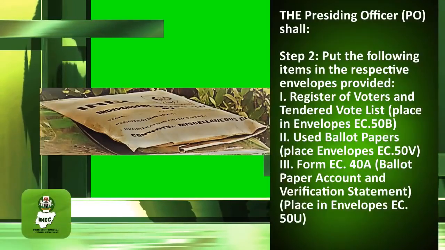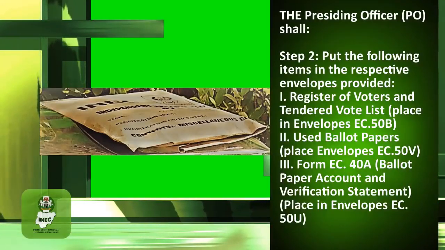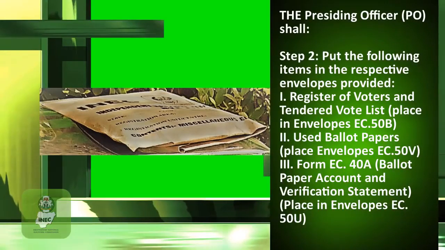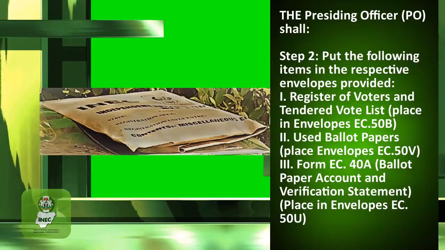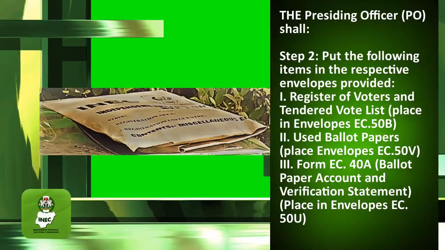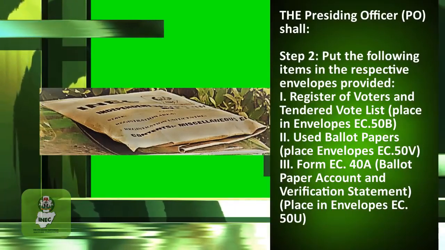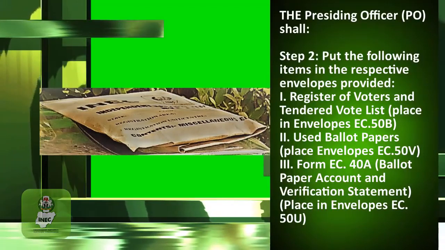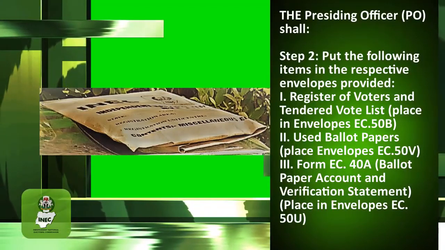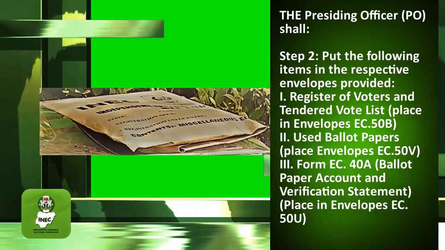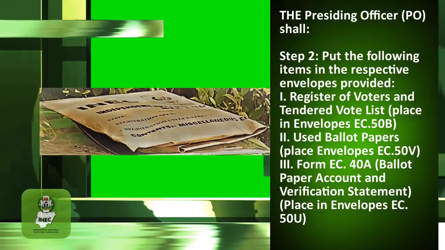Step 2, put the following items in the respective envelopes provided. 1. Register of voters and tendered vote lists. Place in envelopes EC50B. 2. Used ballot papers. Place in envelopes EC50V. 3. Form EC40A, ballot paper account and verification statement. Place in envelopes